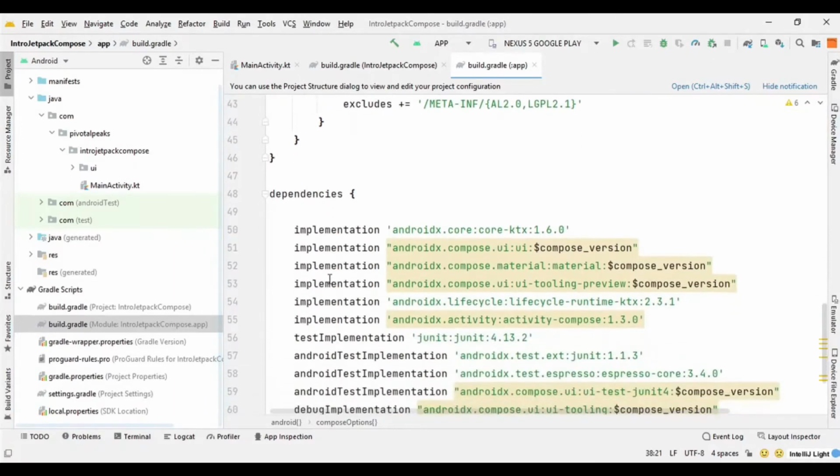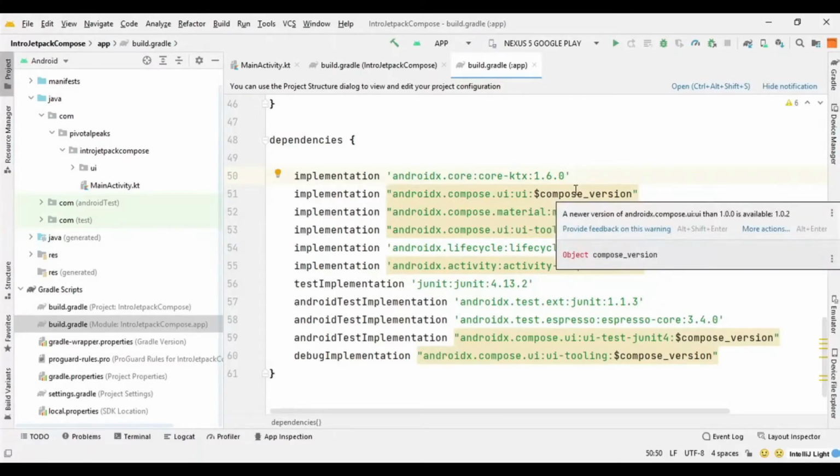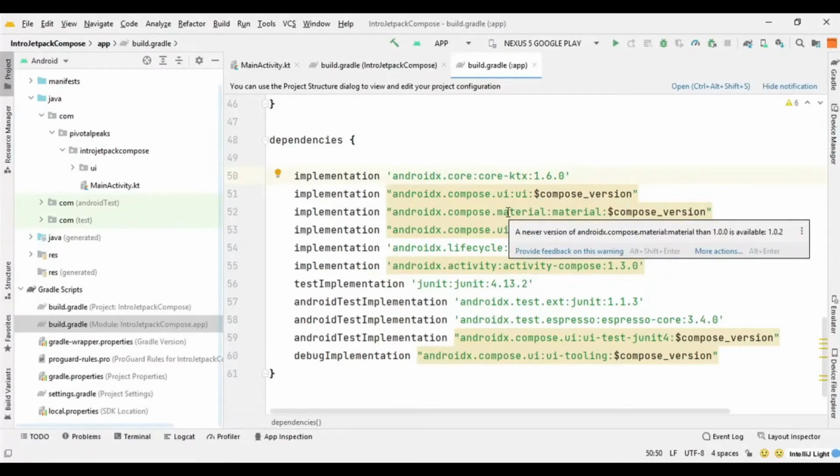And then we have the dependencies. You see all these dependencies are using the same compose version. This will always be created by default, but if somehow it's not in these dependencies, then it will create problems and your app will not compile.